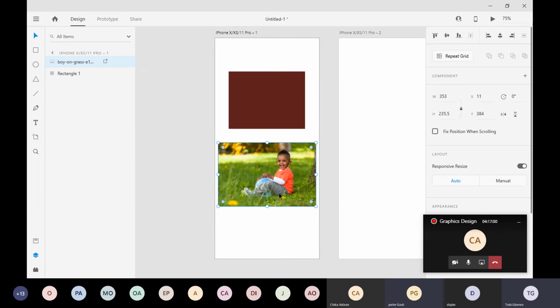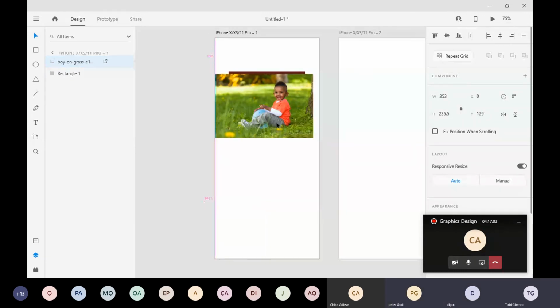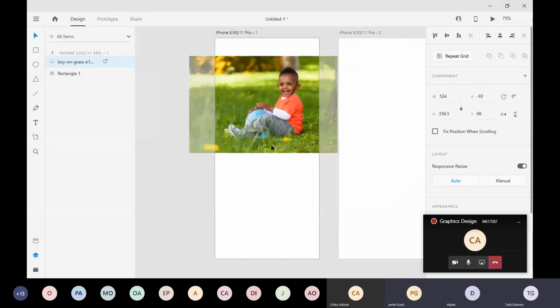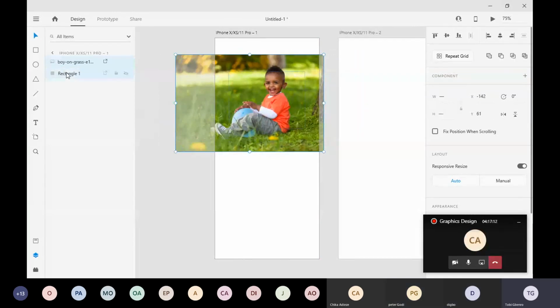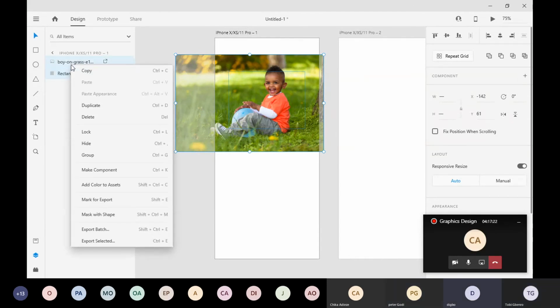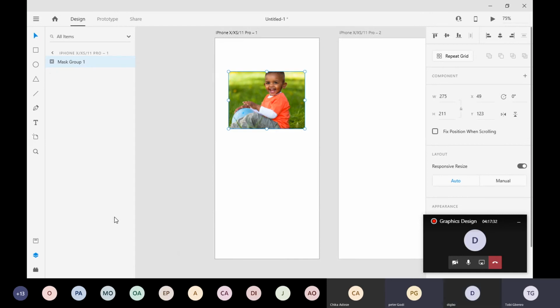Yes. Now, you will then move the picture on top of the box, make it bigger, but move it on top of the box. Make sure it's covering the box. Then what do you do? You select the two of them with shift, just like we did in Photoshop. You highlight the two of them. So you can see now, I've highlighted the two. Then I press option, then you see mask with shape. Can you see mask with shape? If I click on it,